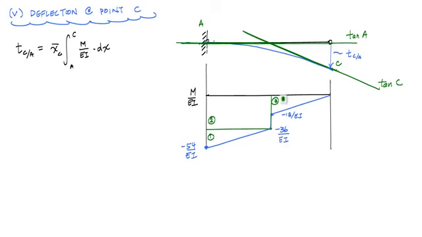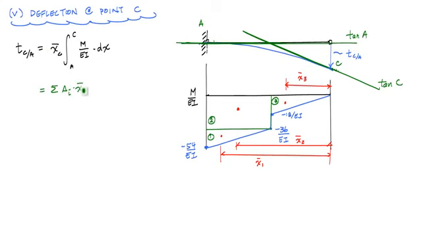And I want to take moments of these areas about point C. So what I need to know is the centroids of each of these areas to point C. And so here, this distance, I'm going to call this x bar 3. There's x bar 1, and the centroid of area 2. You know, this first moment of area is not anything new. You've been doing this since you learned how to calculate centroids of shapes. And then in mechanics of materials, if you remember the shear formula, there was this capital Q, which was the first moment of area. And so really, another way to look at this is just the sum of A_i times x bar_i, right? It's just a summation of this first moment of area. If I go through one by one,